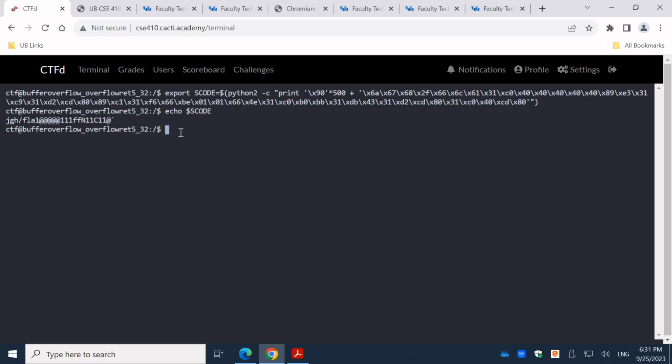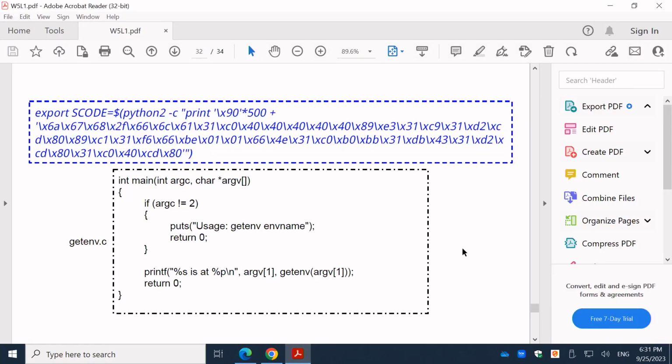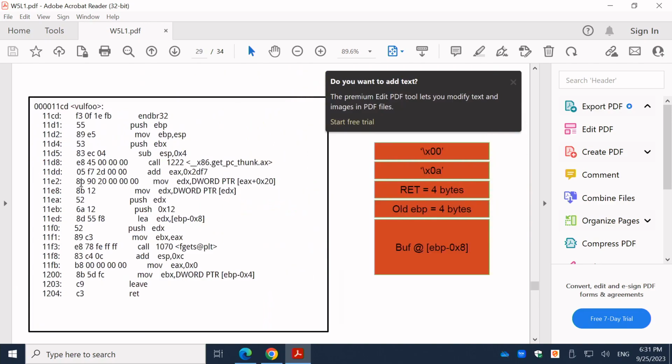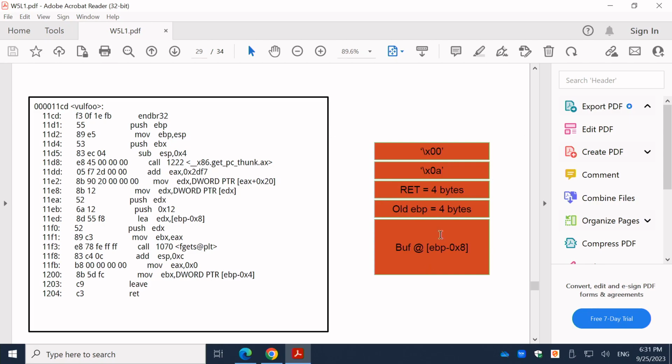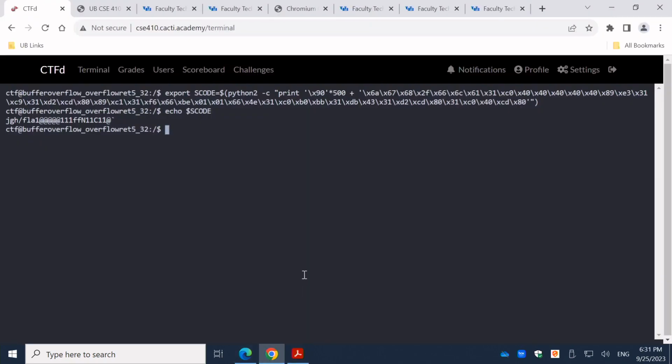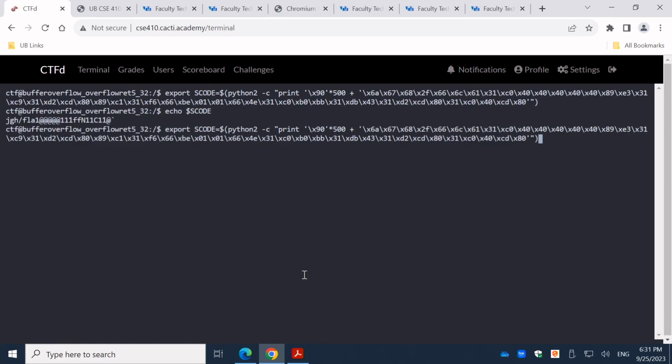So this program, let's see, how many bytes? We're inputting 16 bytes, right? Oh yeah, we're inputting 16 bytes. So this 8 byte doesn't matter, this 4 byte doesn't matter. What matters is this. This one has to point to the NOP sled on the stack. We don't really know the address there. Then let's make the NOP sled even bigger. Maybe let's do 2,000 bytes. Okay. So after that, we can do Python 2